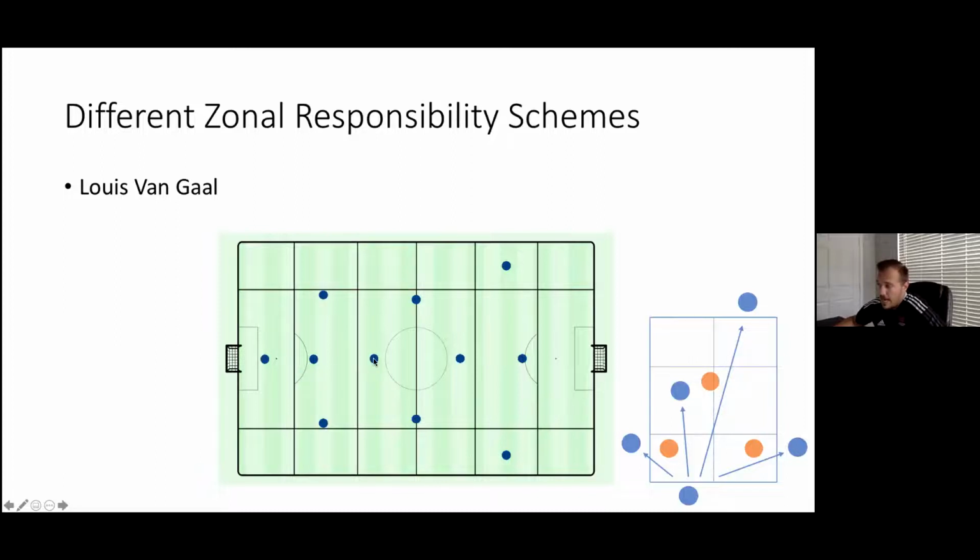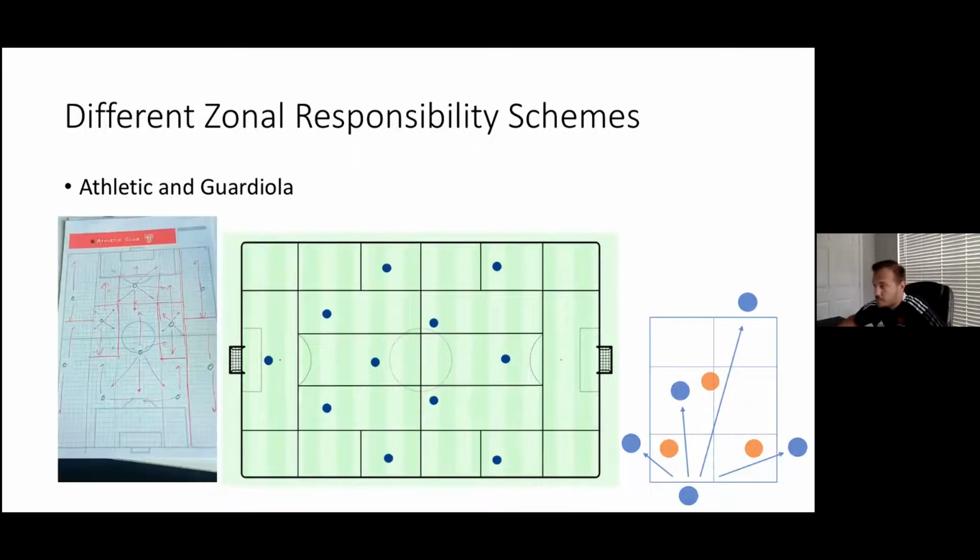And I believe he kept this sort of zonal split of the field for most of his career, because you could see a lot of times where the players were spread really far out from each other. They wouldn't really rotate positions with each other because the zones were so big and so far from each other, for example. So his was a way of playing where it was a little bit wider, bigger zones, and the players had to occupy those zones.